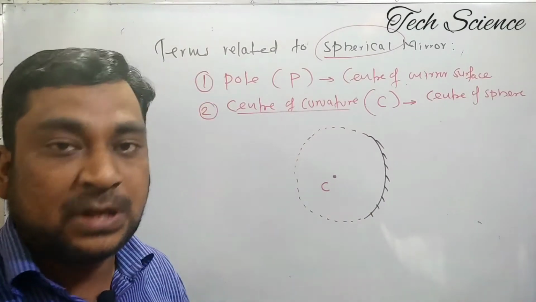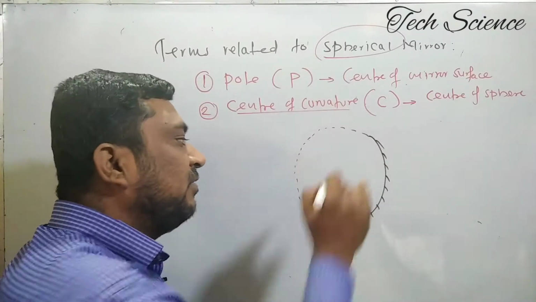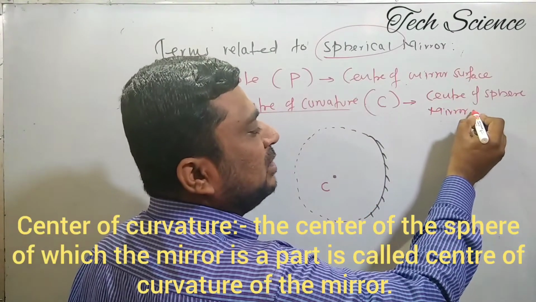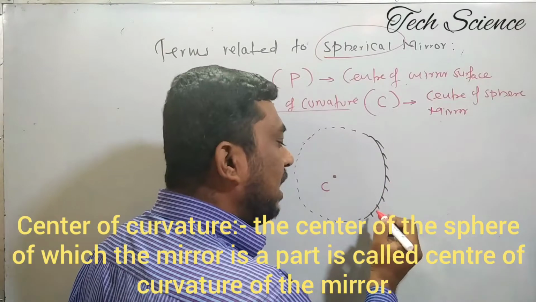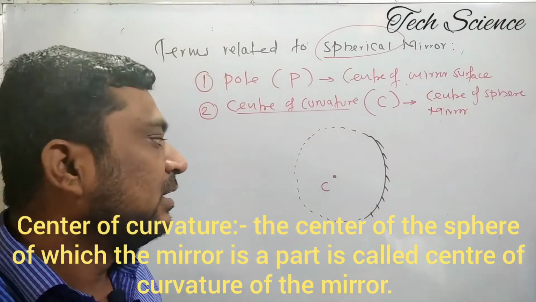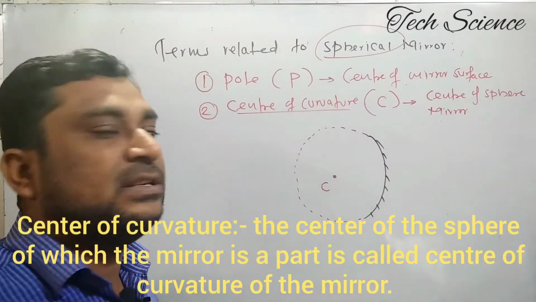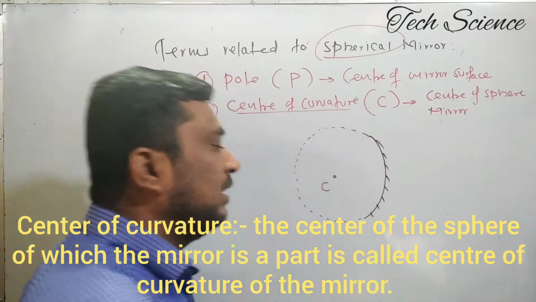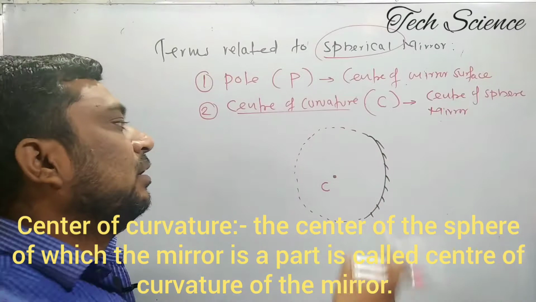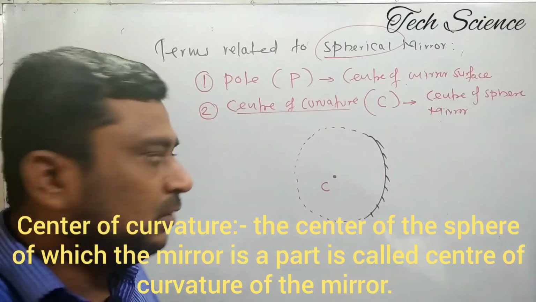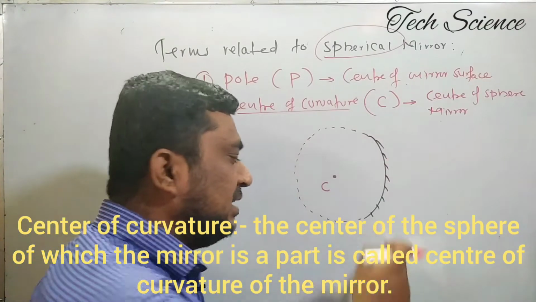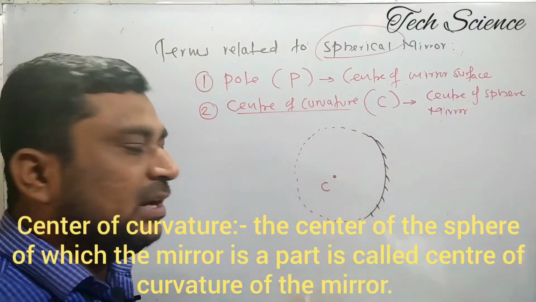यहाँ पे mirror इसका part है. That's why the center of the sphere of which mirror is a part. Of course, it is a sphere, but here one part of the sphere is considered as a mirror. Physically, the mirror should be there. Both the virtual and the physical parts make a complete spherical mirror, although this part is imaginary, which is indicated with the help of the red line, and the black part is the actual mirror. So a complete sphere is there.